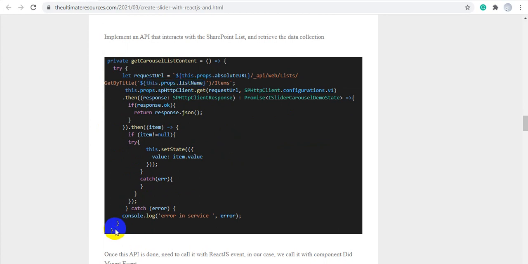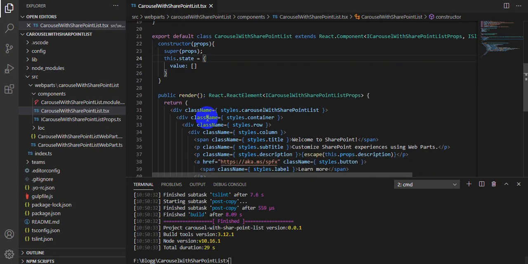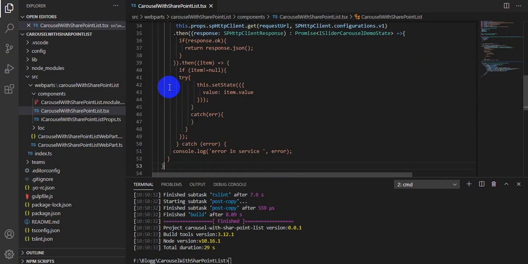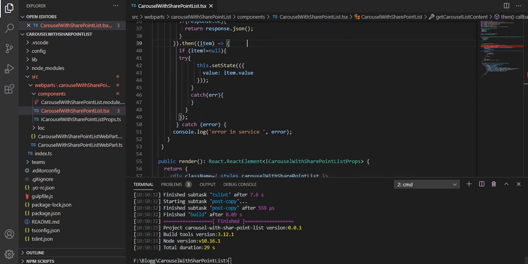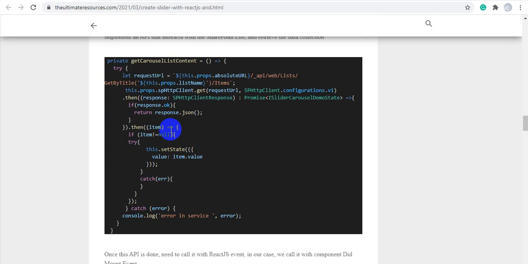So just need to copy it from here and paste it just below the constructor. Close it. Okay, it requires three things. So what we need to do, we can do it further. So again going here, and the last thing is we created this function and we need to